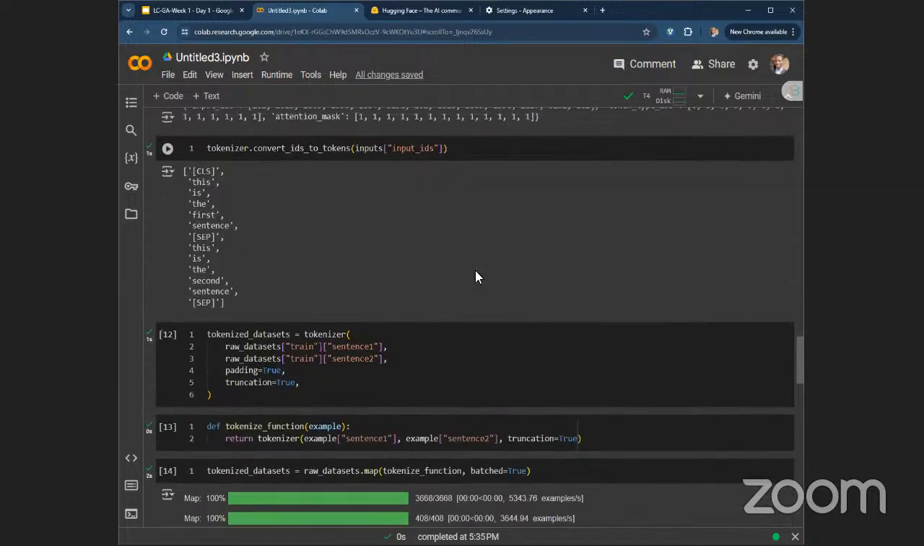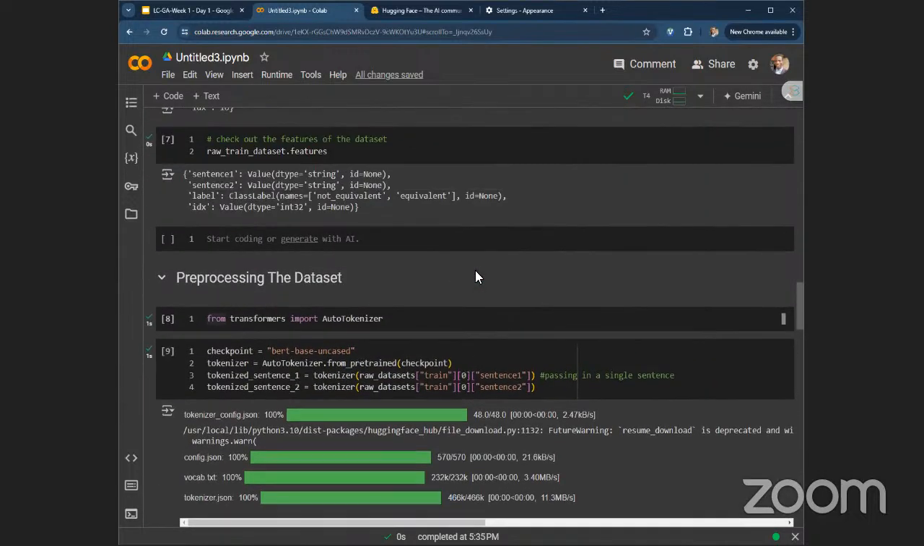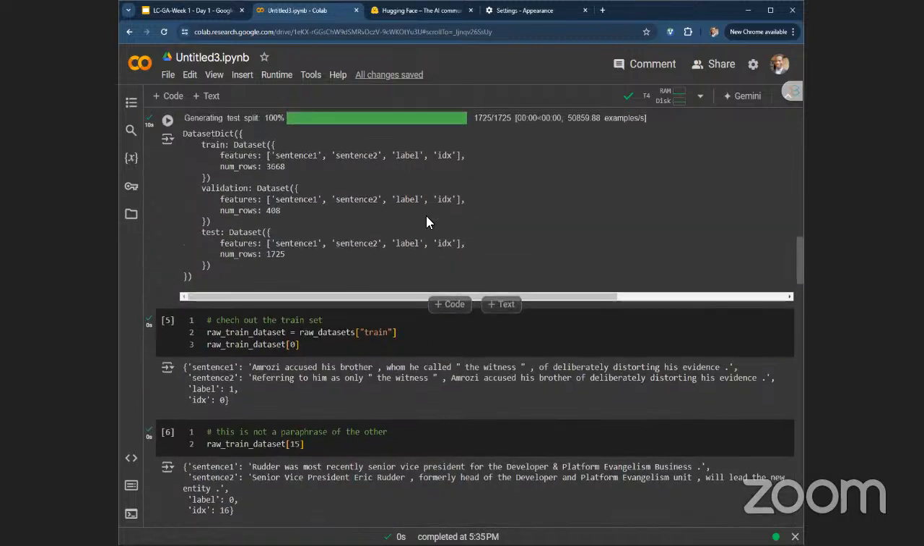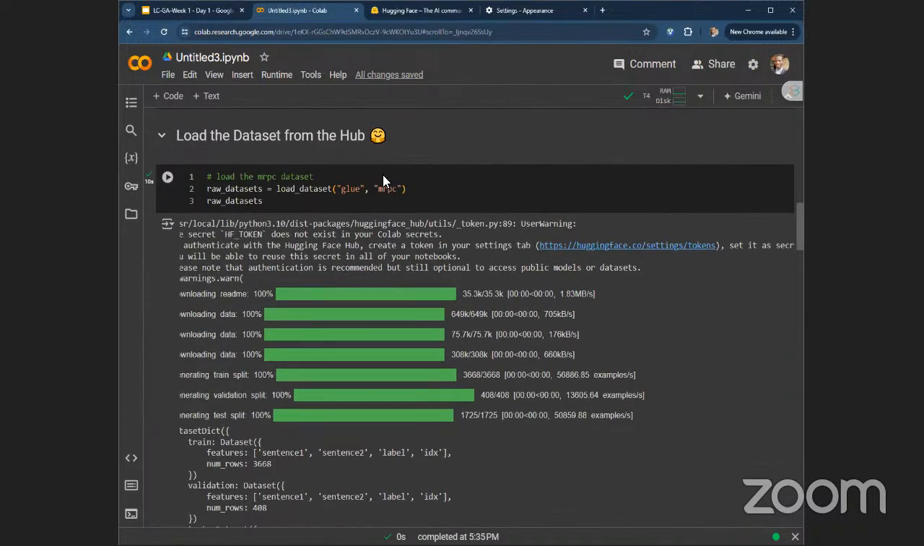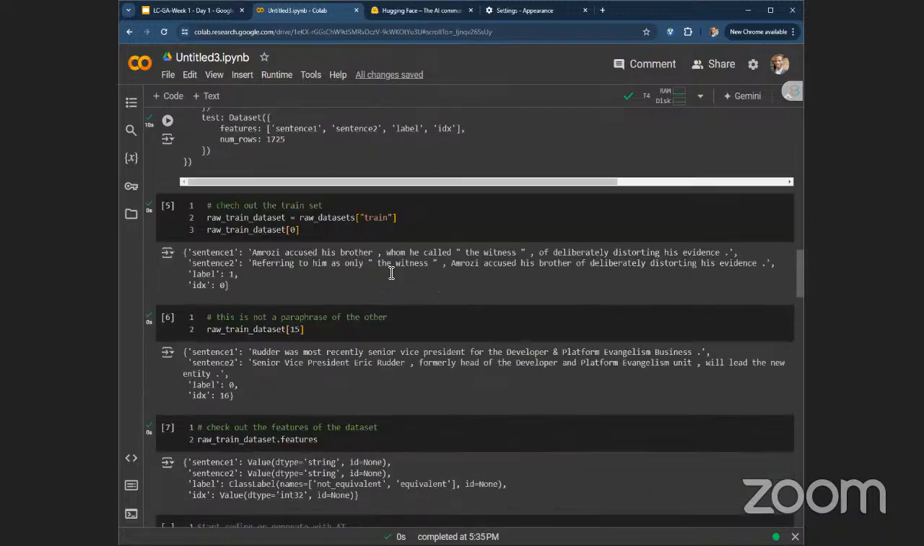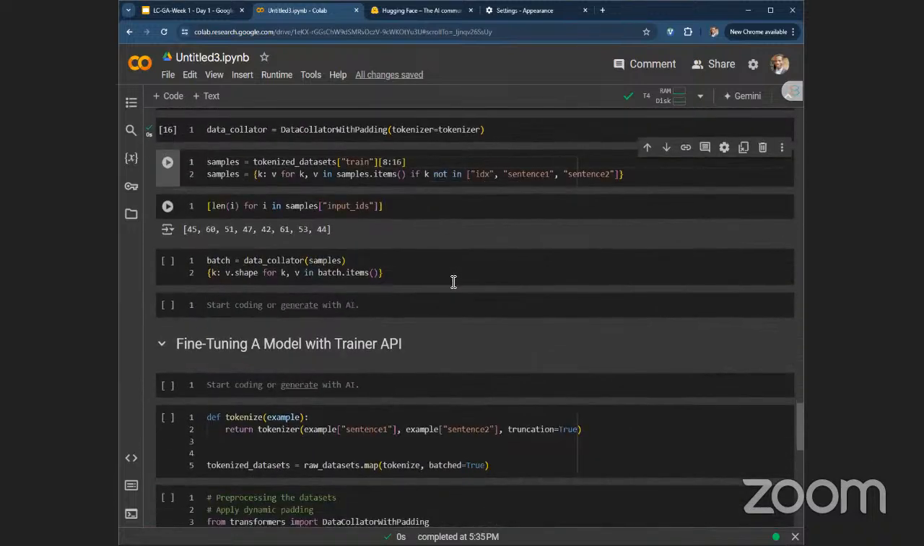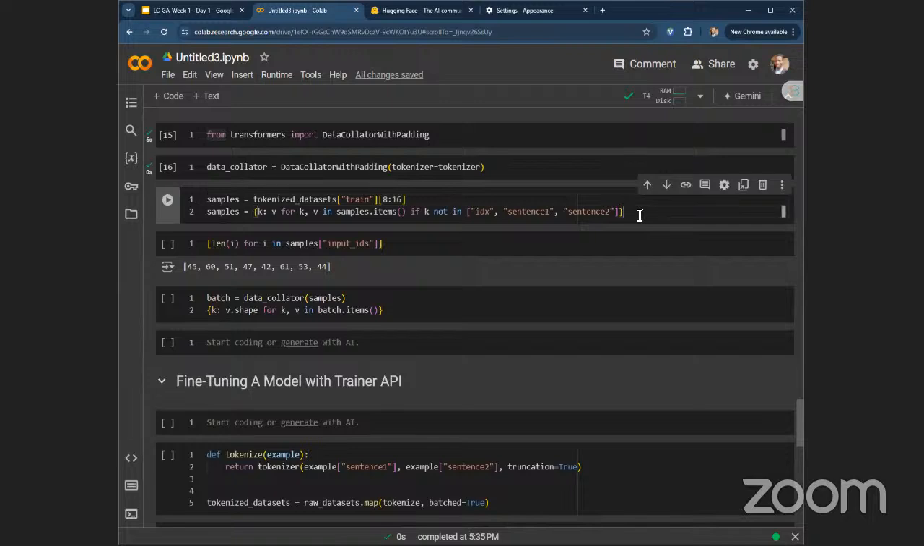The other aspects, we don't need. If you look at it, we need only sentence one, sentence two, and the index. So we're dropping every other thing within that, so that all we're going to be left with is index, sentence one, and then sentence two. So if you check it,